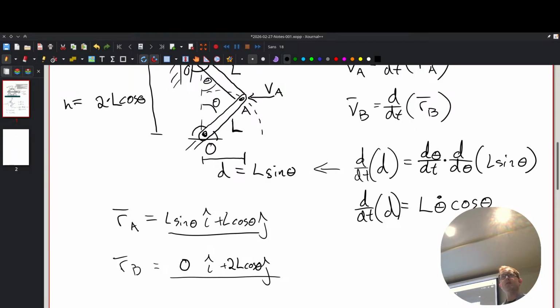What do we think about 0, 2L cosine theta? It jives. Feels good. Y is equal to 0. Y, in the first part, equals 0. This part? Sorry, this one is 0? Yeah. So in this case,